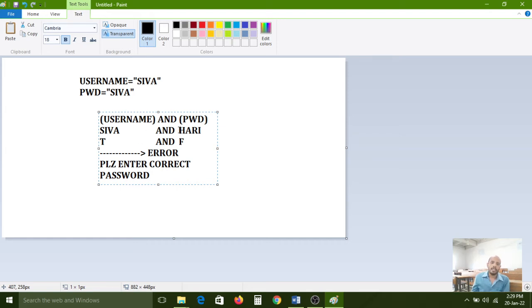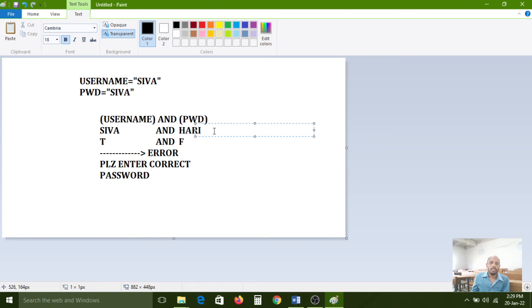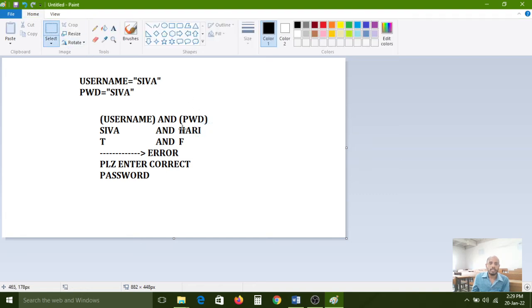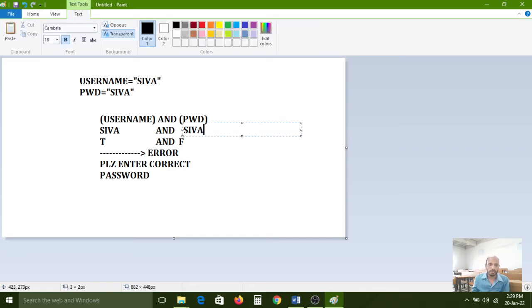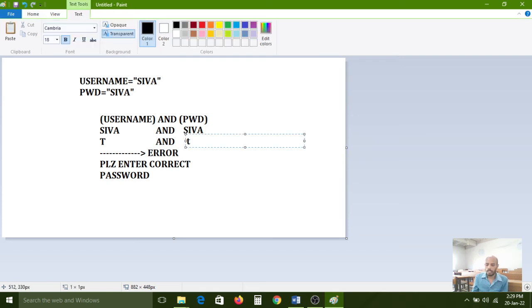So if I enter the password, instead of Hari, carefully observe, now I am entering the same, original password, Siva. Then this condition is true and this condition is also true. So the username is correct and the password is also correct.